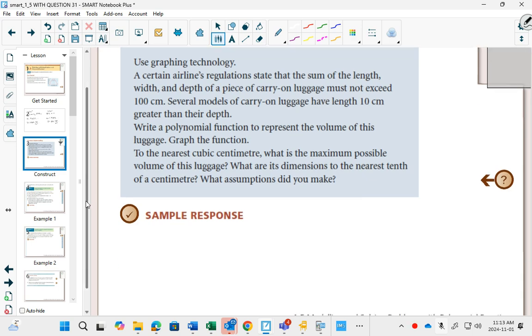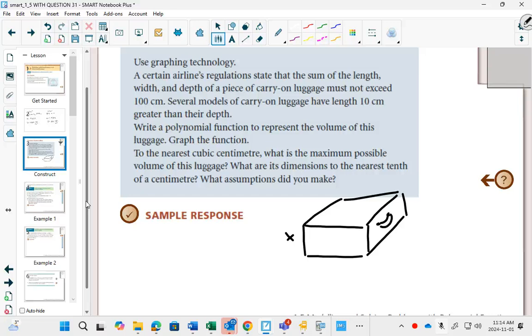So the first thing we're going to do is draw a rectangular suitcase here as a model. There's our suitcase. Has a nice little handle right here. There we go. And we're told that the depth, there's my depth, x, and the length is 10 centimeters greater. So I'm going to call this my length. And then this side is my width. And right now I'm going to put W, but we're going to want to write W in terms of the